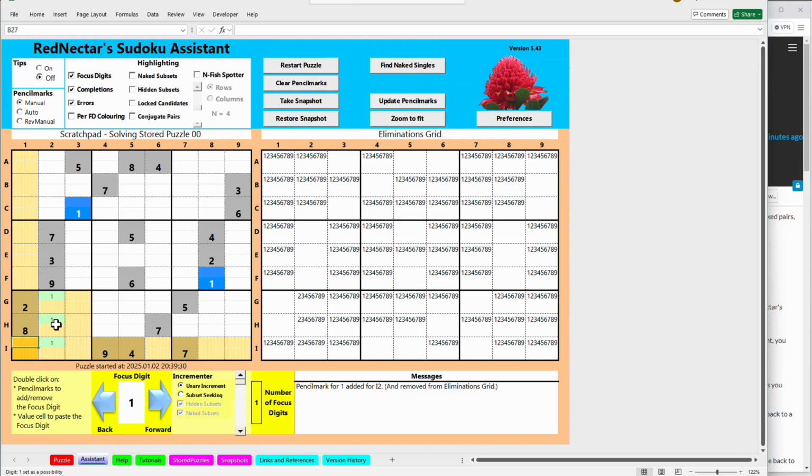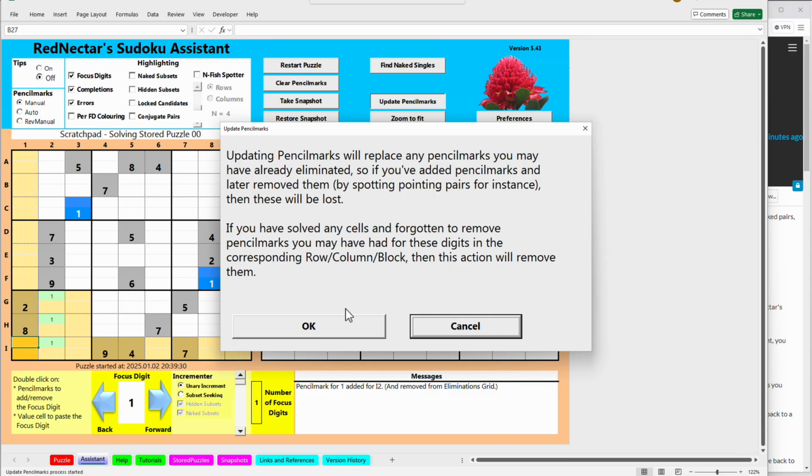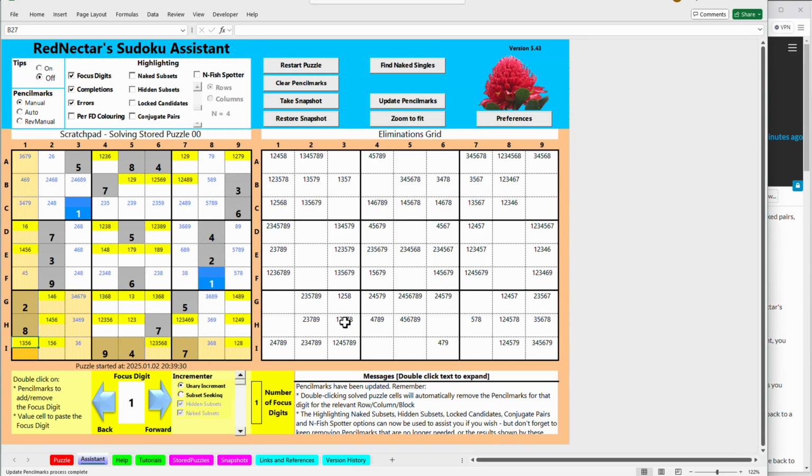Now, once you've been through and looked at all the possibilities for every cell, you'll end up with something that looks like this. Now, I can automatically go and update the pencil marks. Bingo, they're all done. But notice that 1 is marked as a possibility here because it simply goes through and looks at what the givens are, the given puzzle options are, and extracts from that anything that's not a given